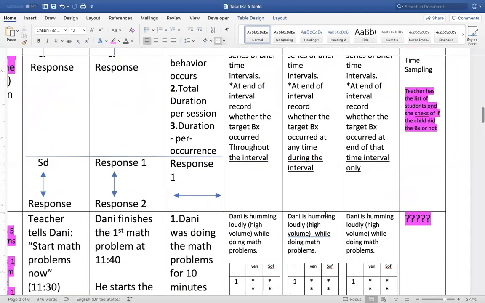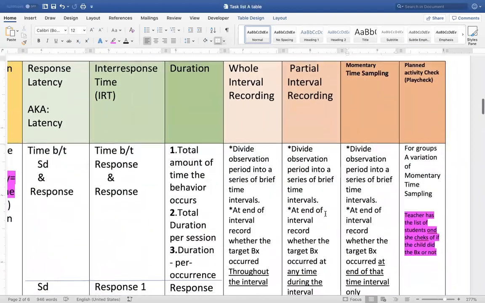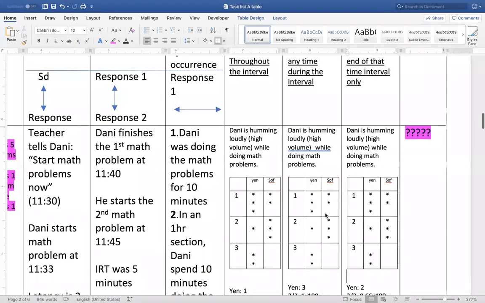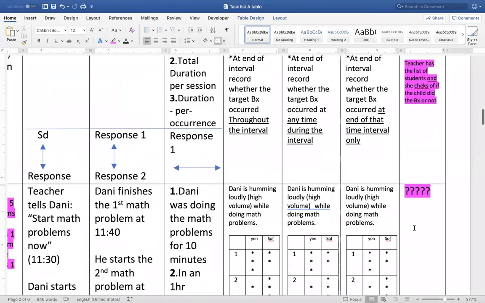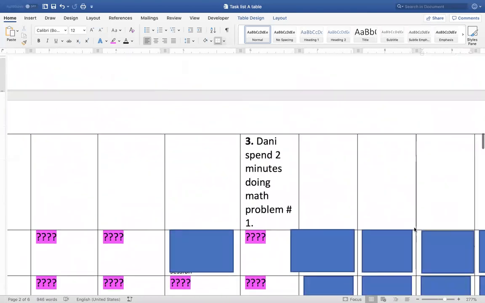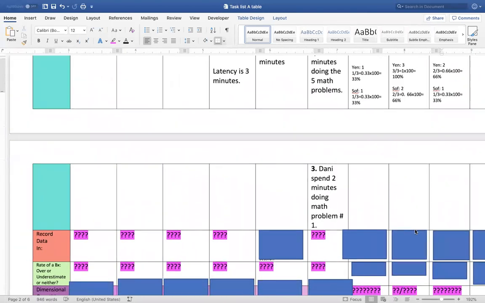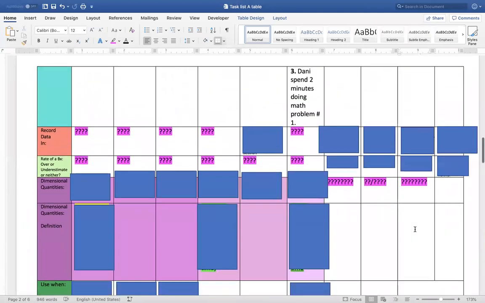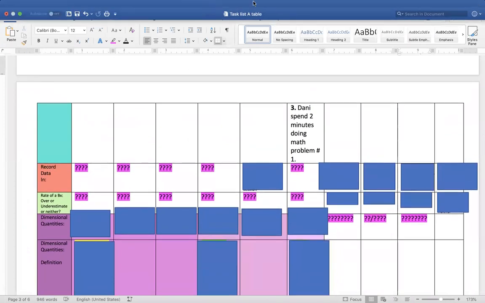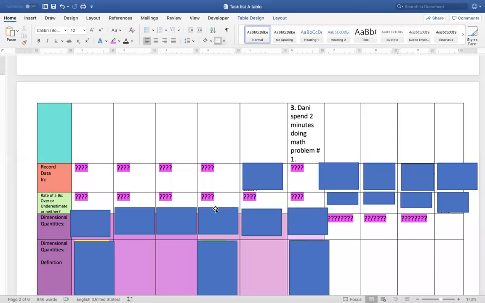Okay, so I did not put the formula for play check because I don't know it, but I am assuming that you do the same exact thing for each child. I don't know, but if you guys know, I'll be happy to write it down right here. If you find it, then we write it down later. Nadia says she posted a sample sheet of play check in the classroom. Awesome, I'll check it out.